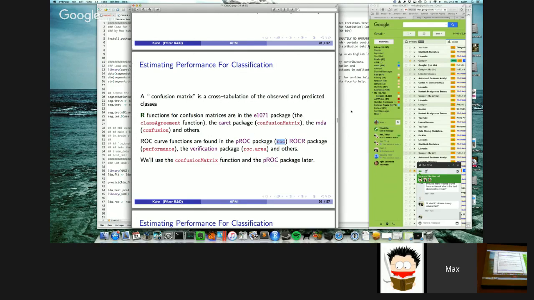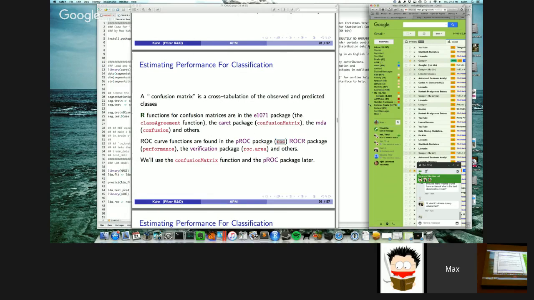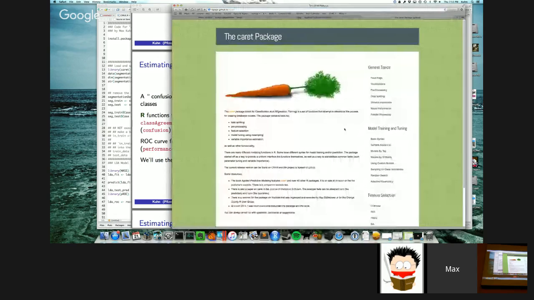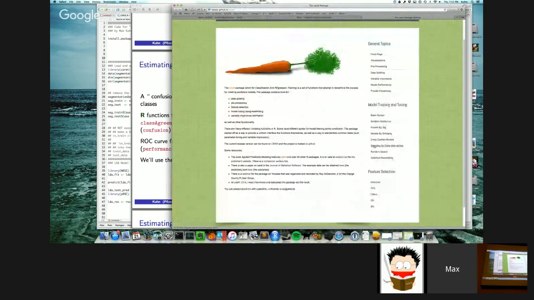I should also say, the caret web page is on GitHub. Maybe let me open that up real quick. And the reason I bring that up is one approach for doing that is what's called subsampling. So if you have, let's say, a 10% event rate, what some people advocate doing is to take a random sample of 10% of your majority class. So you're only using 20% of your training data, but you're rebalancing the training set,